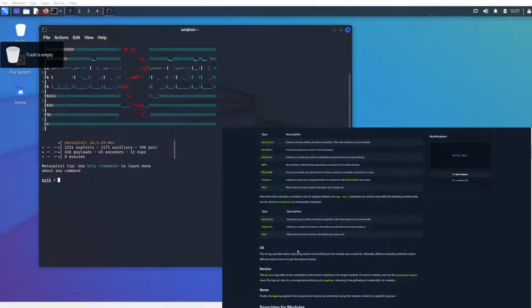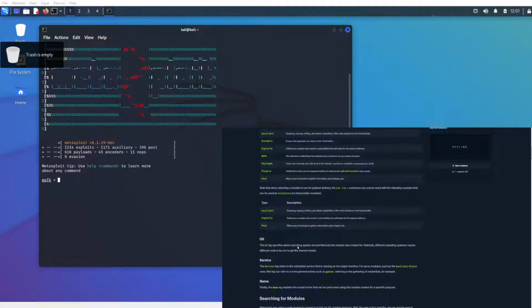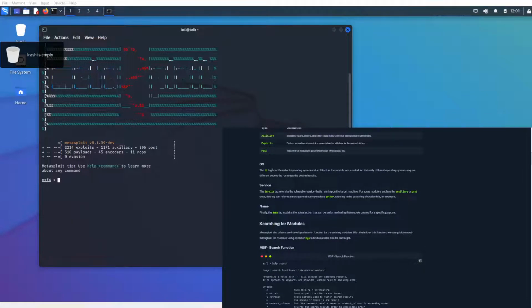Okay. The OS tag specifies which operating system the module is used for. The service tag is a particular vulnerable service. For auxiliary or post modules, this tag can refer to a more general activity such as gather, referring to the gathering